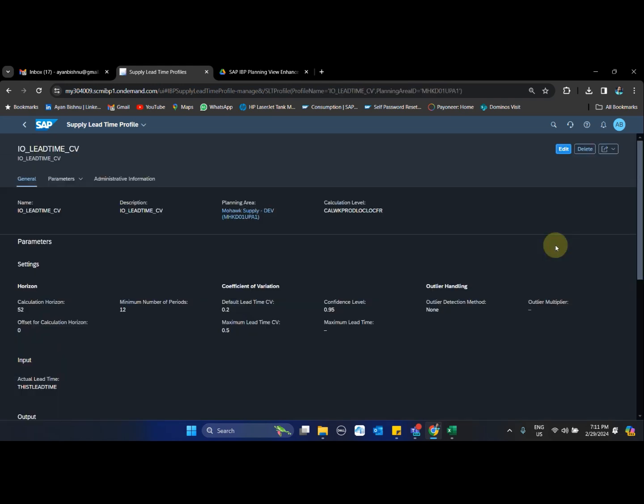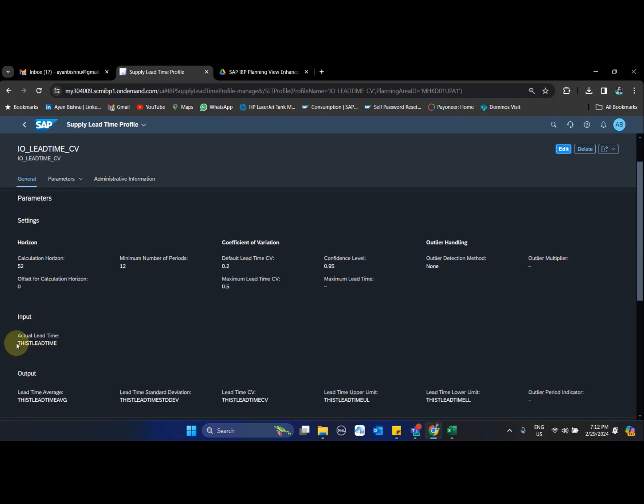The only difference is here I will select calweek prodlock src and I can give the horizon as I want, and the input key figure here will be different. It will be T hist P lead time denoting the P lead time, and based on that it will generate the lead time covariance in T hist P lead time CV, which is the covariance of the lead time CV.